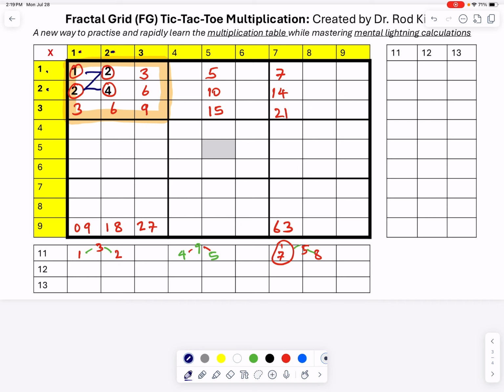So 2 and 2 would be 4, so that your answer would be 144. If you were to multiply 12 times 23, it means you are looking at these numbers and you draw a Z shape. You add the numbers along the diagonal. So 4 and 3 give you 7. So your answer would be